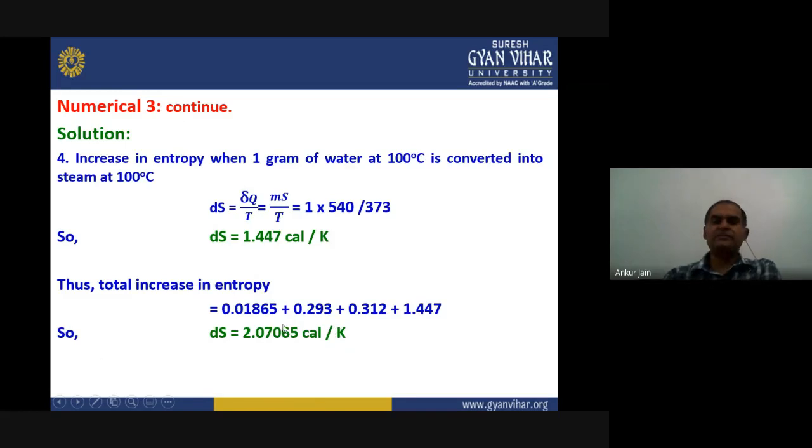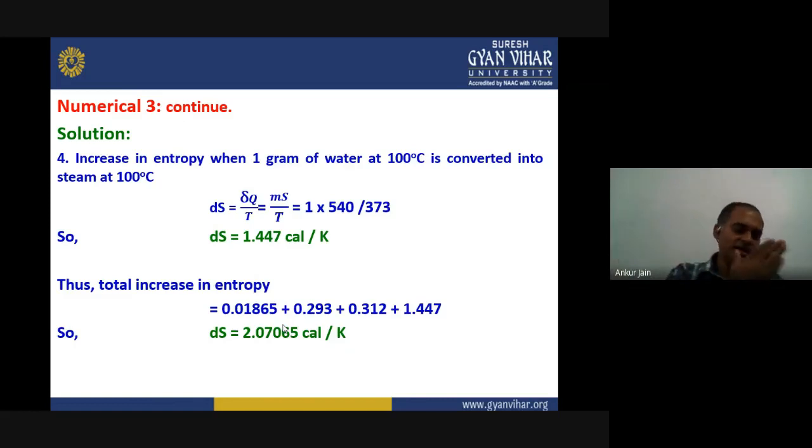So this is our final answer. From this question, you need to understand that we need to divide each and every thermodynamic process into the smallest easy possible steps, right? Here it was asking from minus 10 to 100 degrees. We can convert it directly from minus 10 to 100, but actually that is not the case. It is something similar to the Carnot cycle, where we split into 4 different steps.